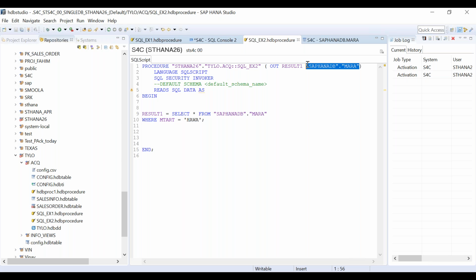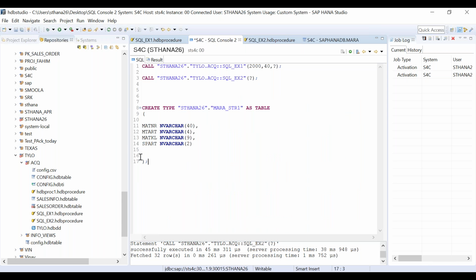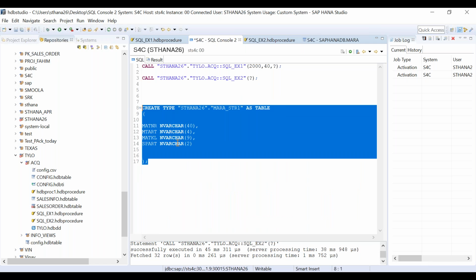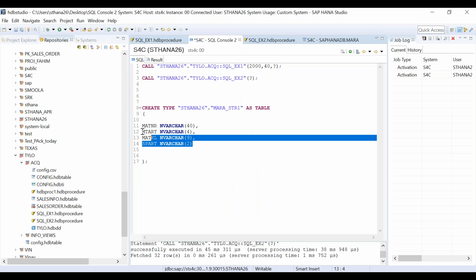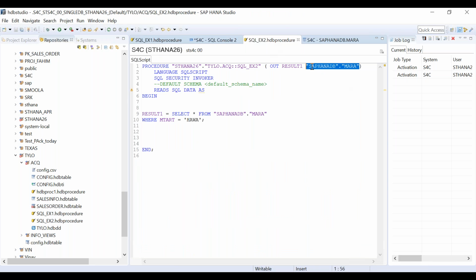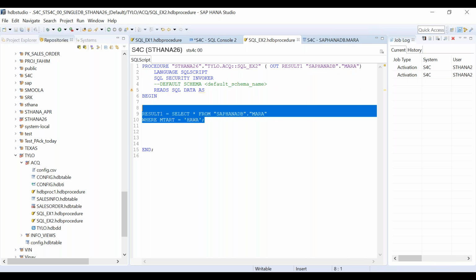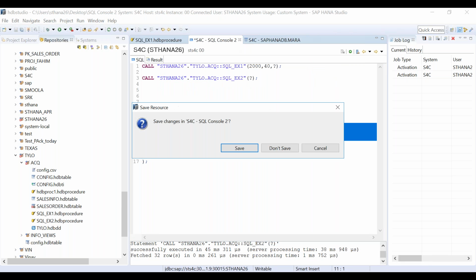So you don't have to explicitly define it every time. But in a case where you don't need the entire structure, you need only 4 to 5 columns, of course you will have to explicitly create a table type the way we created here, because we need certain columns from the table. So that is why we created a small table type, and that is what we can directly use here. Okay, so that is the table types concept. Now let's move to understand other concepts. I'll leave this as it is so that it is saved for your reference.